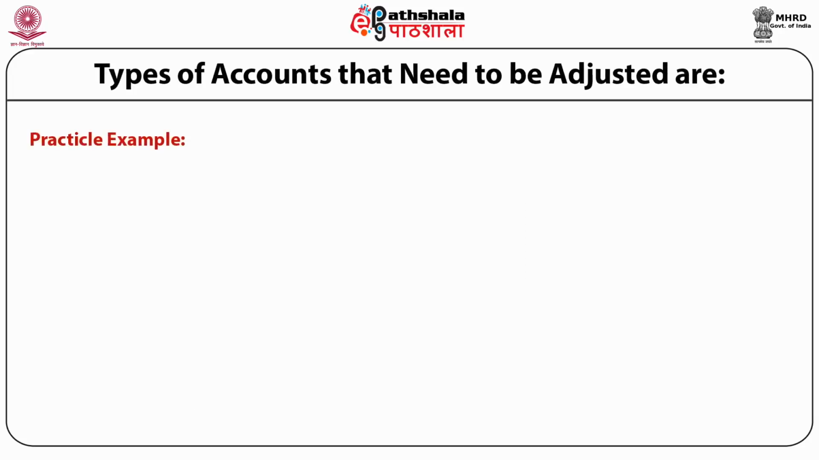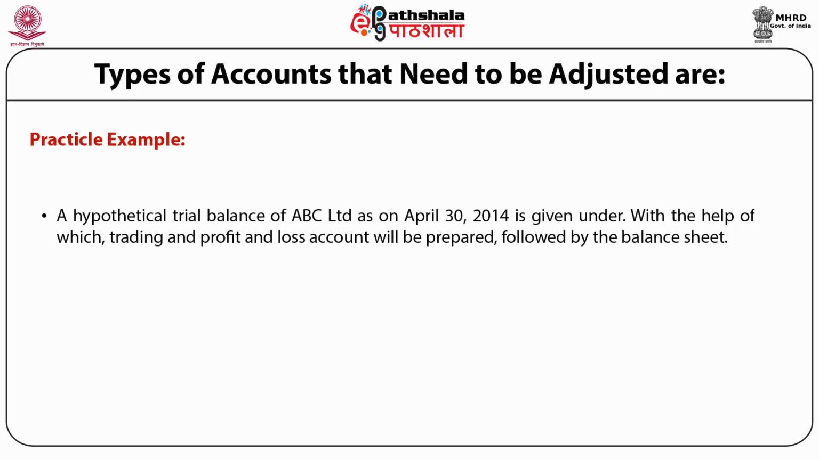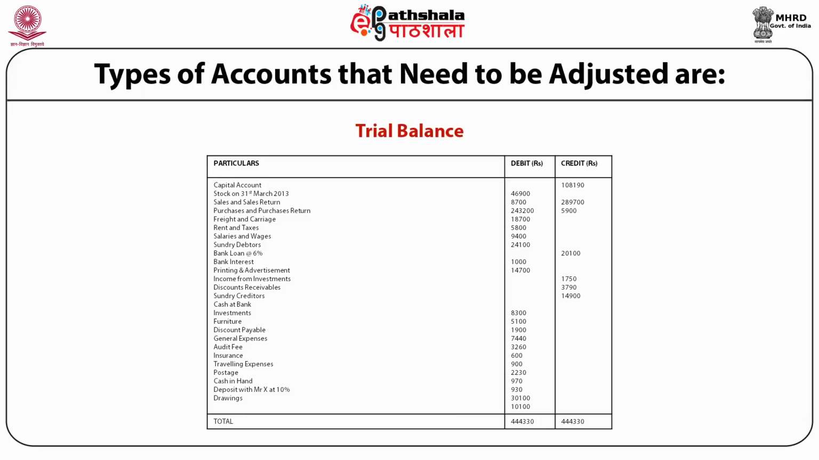Now the practical example. A hypothetical trial balance of ABC Limited as on April 30, 2014 is given under, with the help of which the trading and profit and loss account will be prepared, followed by the balance sheet. The trial balance is given here: capital account, stock on 31st March 2013, sale and sale return, purchase and purchase return, freight and carriage, rent and taxes, salaries and wages, sundry debtors, bank loan, bank interest, printing and advertisement, income from investment,